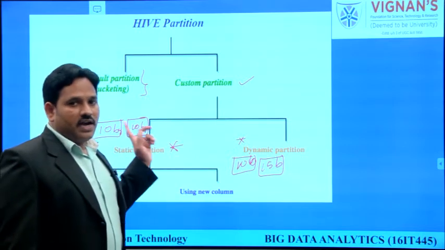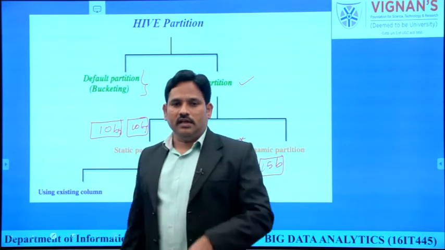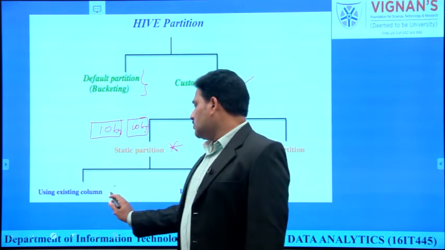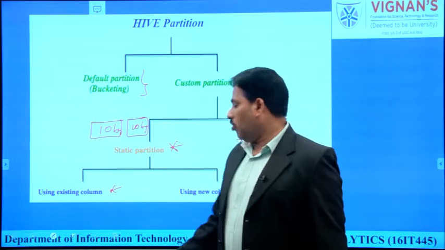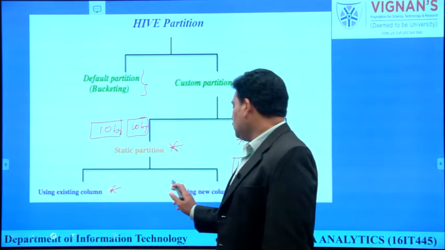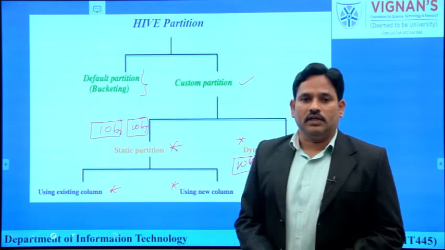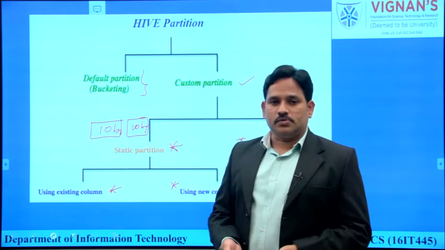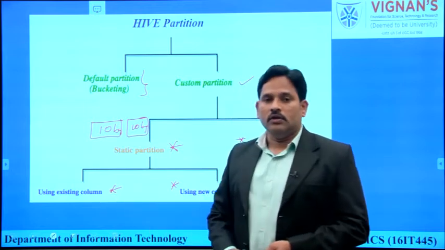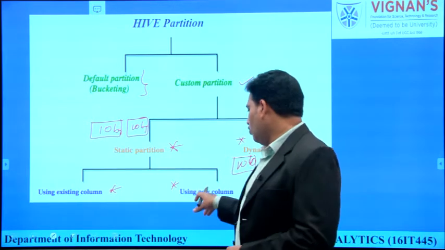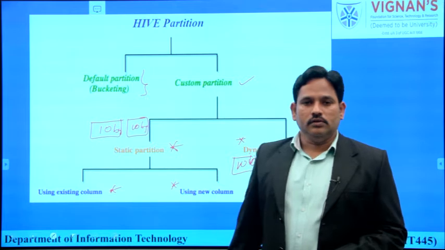When we are using static partitioning, there are two more subtypes: using an existing column or using a new column. That means if you want to create a partition in already existing space, we can use the first option, or if you want to create a new partition block or space, we can go for using a new column.